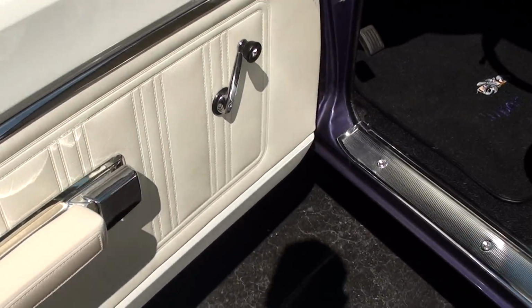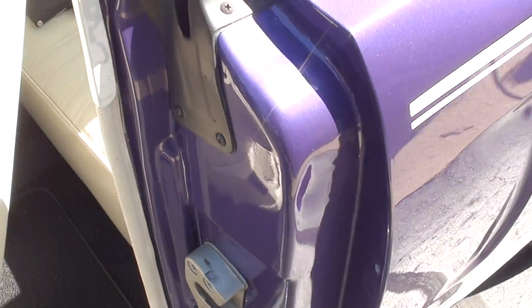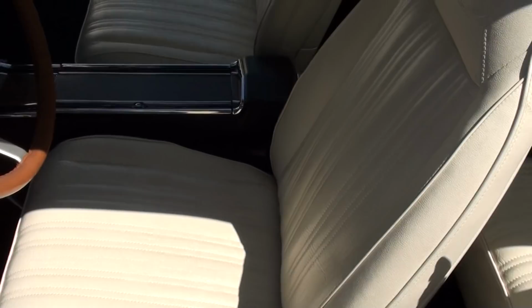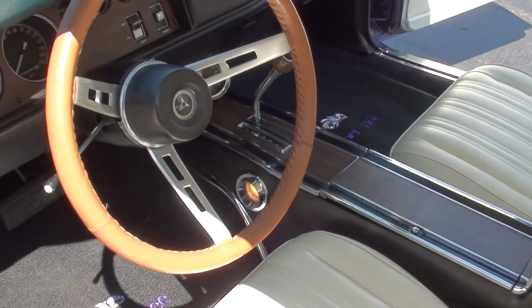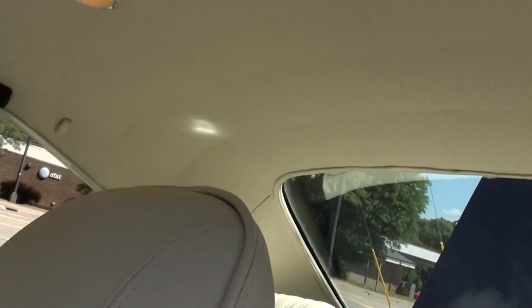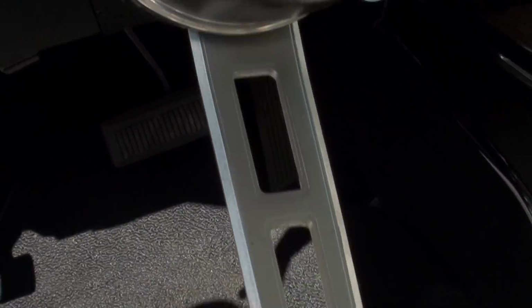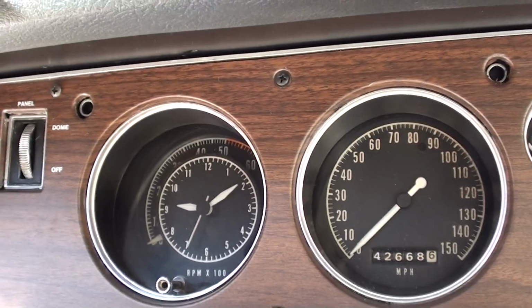All brand new interior. There is a receipt for that in there. New carpet, new sill plates. Bucket seats, console. They leather wrapped the steering wheel. Looks like it's got all the correct seat belts in it. Headliner's nice. Yeah, the factory clock works. It's a factory tach car,